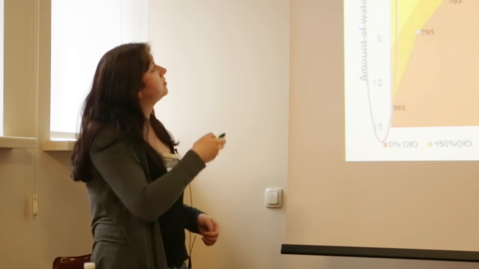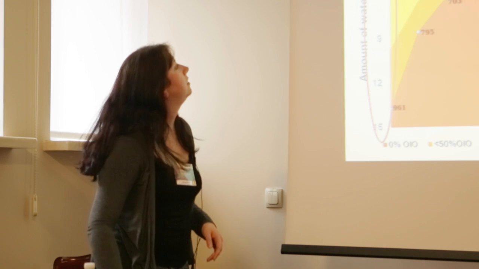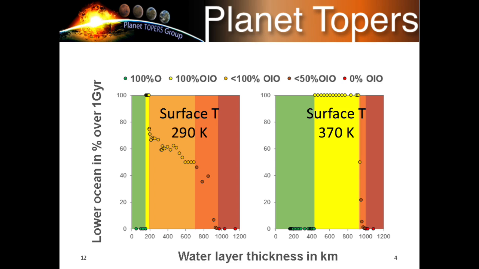Now let's concentrate on the case of just one Earth mass and actually look at different influences. So first, here's the case, exactly what I've shown you before, but now actually stretched over different water layer thicknesses in kilometers, going up to 1,000 kilometers, and the episodicity of the lower ocean. So 100 means you have a stable lower ocean, 0 means you have only ocean and high pressure ice and no